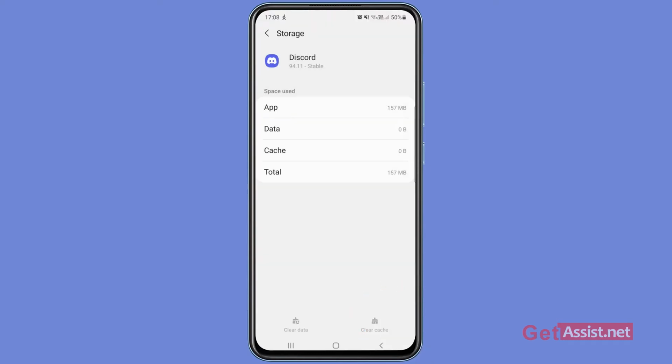If the login error is still showing on your app, you can try to reinstall the app by uninstalling it first and then install the latest version from the Play Store. Now apart from that, you can also try an official method that can help you out with the login error. And for that, you will need to use a browser on your mobile device, or you can also do it on your PC if you want.